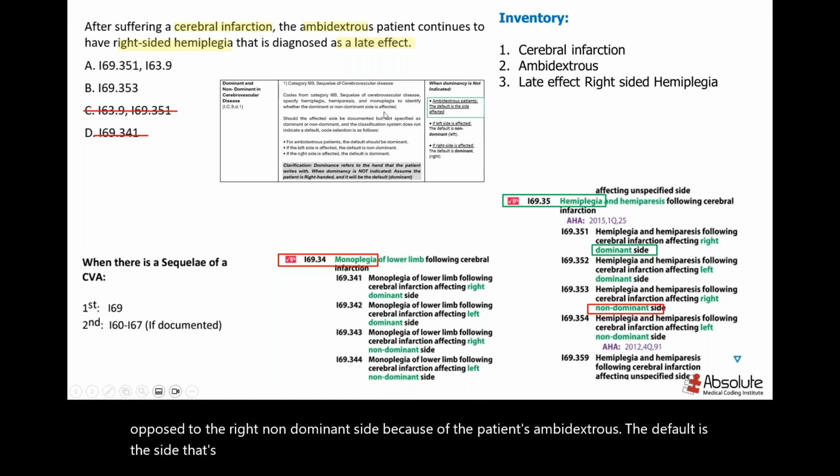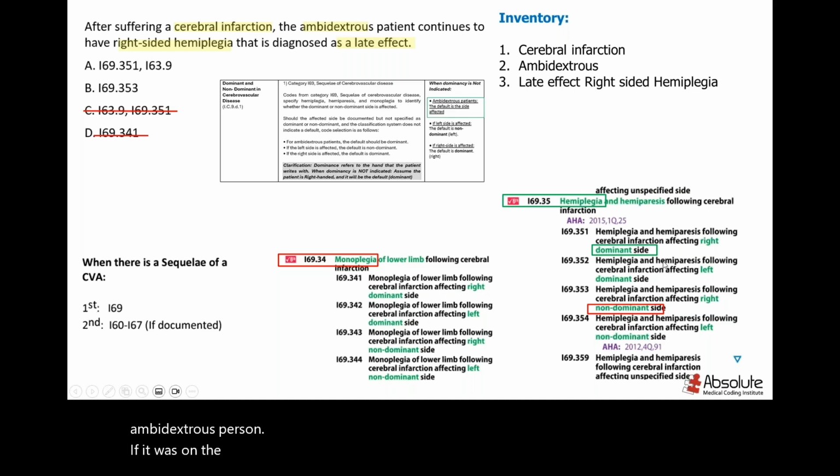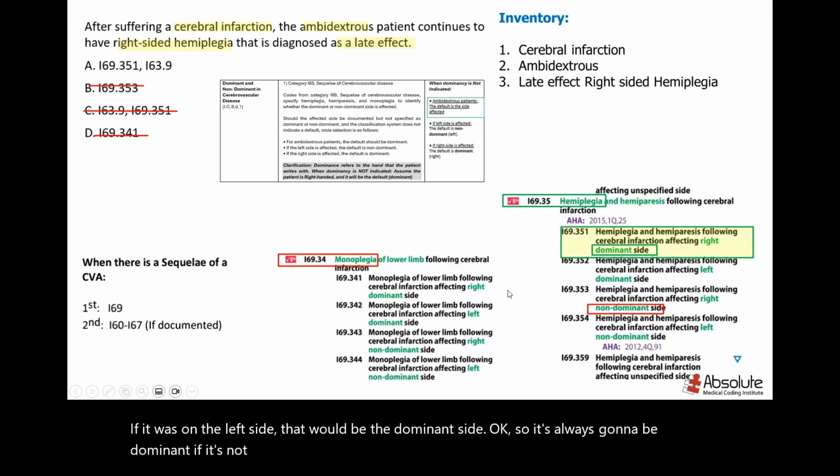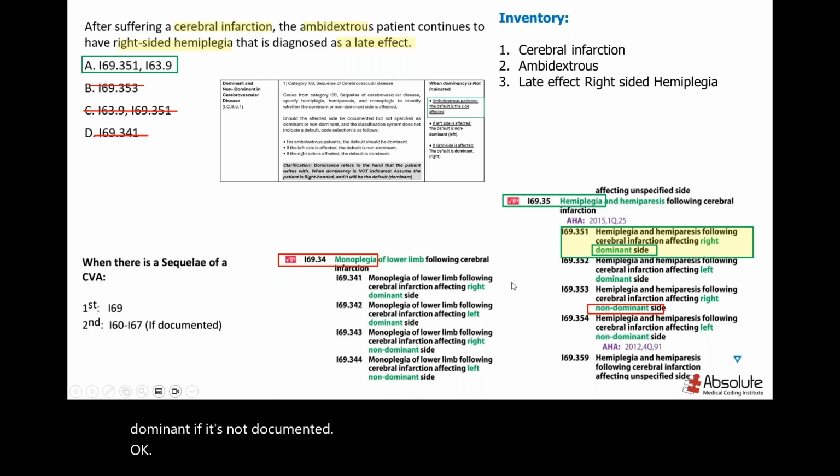So if it's the right side, that will be the dominant side for the ambidextrous person. If it was on the left side, that would be the dominant side. Okay, so it's always going to be dominant if it's not documented. So the answer is A. And if you got that correct,